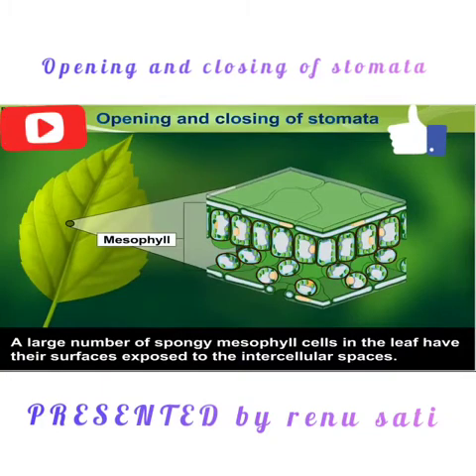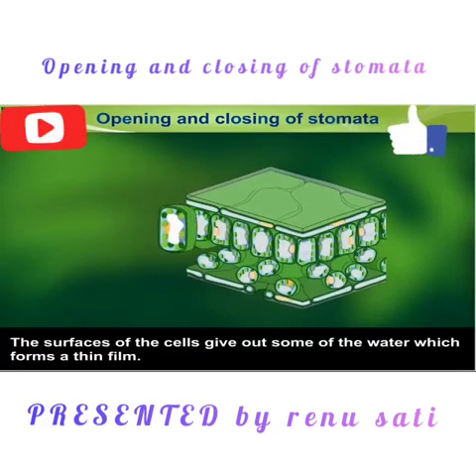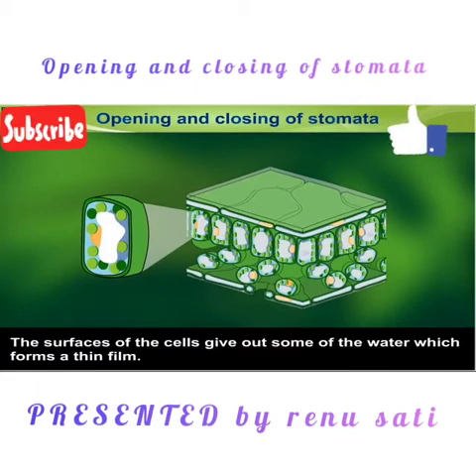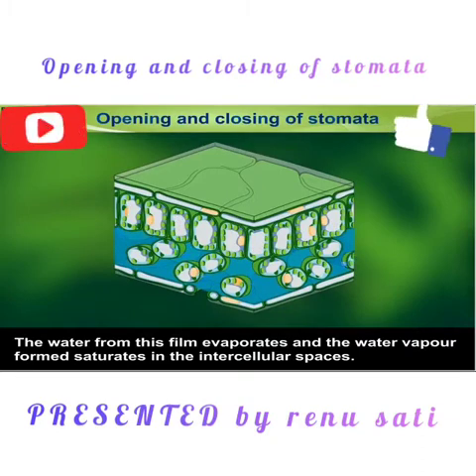The transverse section of a leaf shows the layer of mesophyll cells covered by the two epidermal layers. In case of a dicot leaf, the upper leaf portion has closely packed mesophyll cells where the stomata are absent, while in the lower surface the mesophyll cells are loosely packed, having more of the intercellular spaces so that